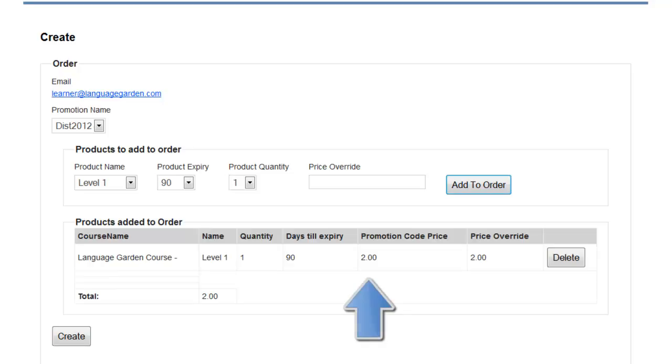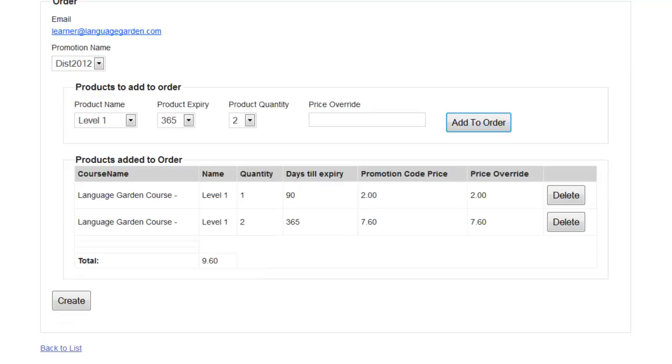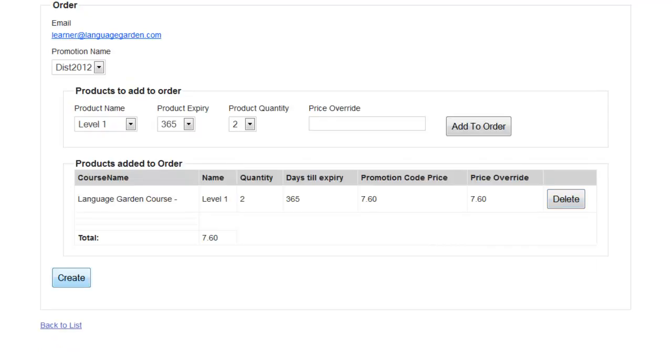That was the price, £2. And they'd also like to have level 1 for 365 days and quantities of that too. So that was £7.60. So we now have 2 products added to the order. If you make a mistake and want to delete, just click delete, but we're okay with this. In fact, I will delete this one. They changed their mind. They say they would like to have level 1 2 licenses for a year. So we delete that order, and I now click create,